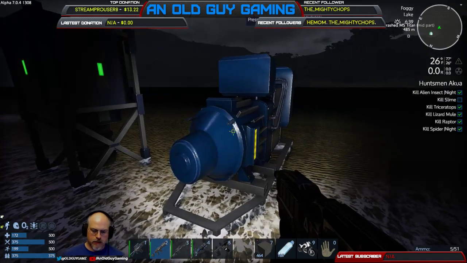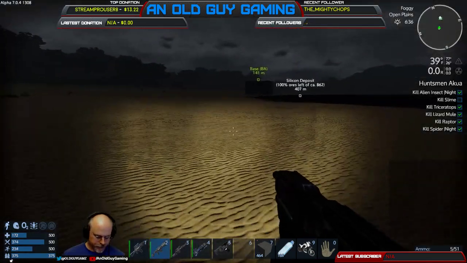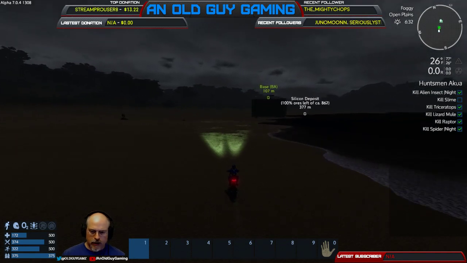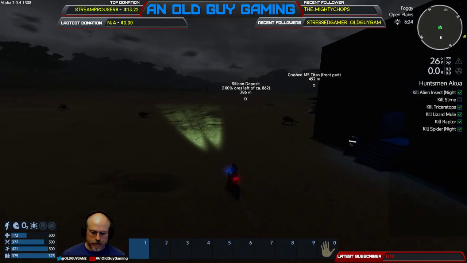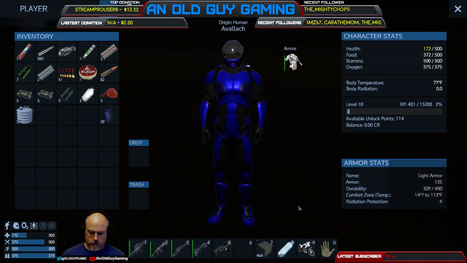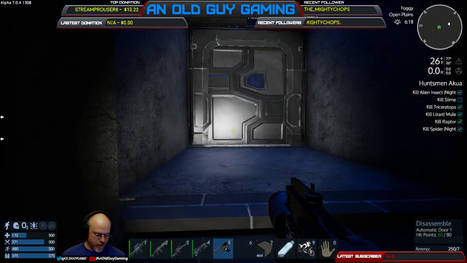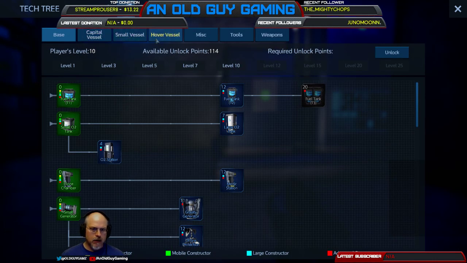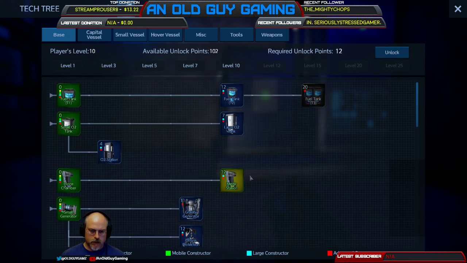39 oxygen tanks. Do I have any fuel with me? No, I don't. Okay. And 39 waters. There, let's pop this thing down. I'll be glad to get rid of this bike, because it's just a little too hard to control. Okay, let's go back in here, put our light back on. And I want to learn the med station. I want to learn the